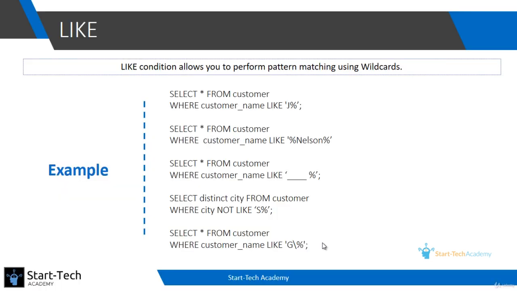Now suppose we want to find customers whose first name consists of 4 characters, and after that there can be any number of characters. To find such a customer, we'll need to use the underscore wildcard. For the first name, we'll use 4 underscore characters. After that, we need a space, and after that there will be a percent symbol. This percent symbol will ensure that there can be any number of characters after the first name. So let us write this query.